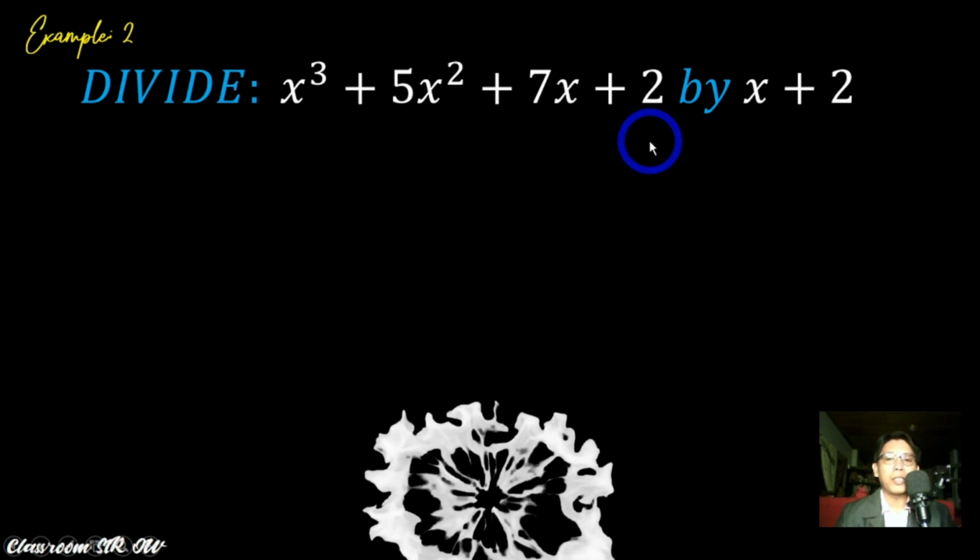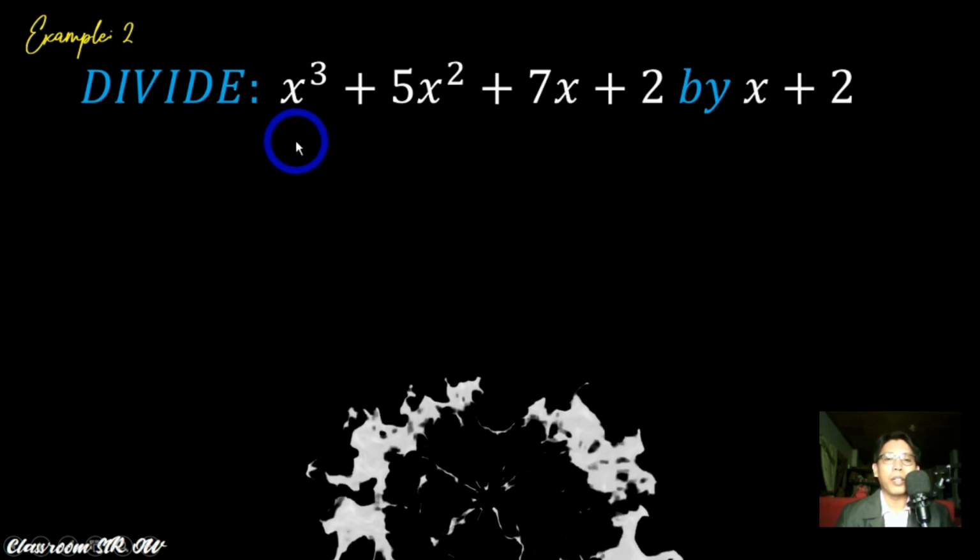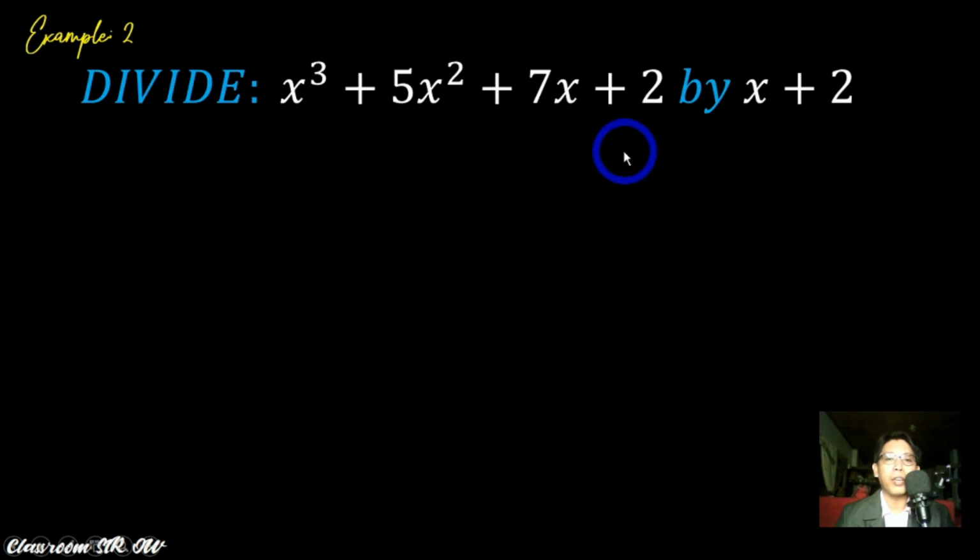Now, the very first thing is we will check if the degree is complete for a polynomial, and it should be in descending order. So let's start with x to the power of 3 and followed by x to the 2, followed by x to the 1, and then the constant. So meaning to say it's complete, so there's no need for us to do something except to identify the coefficients